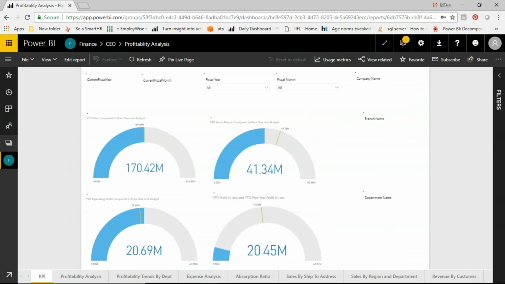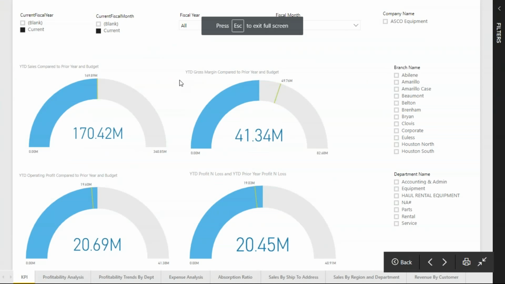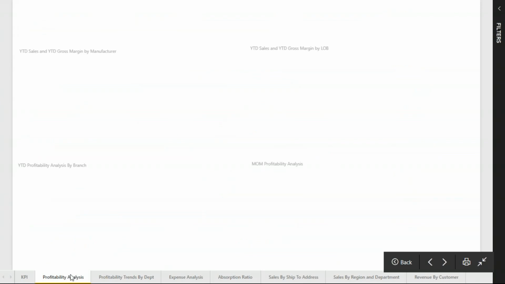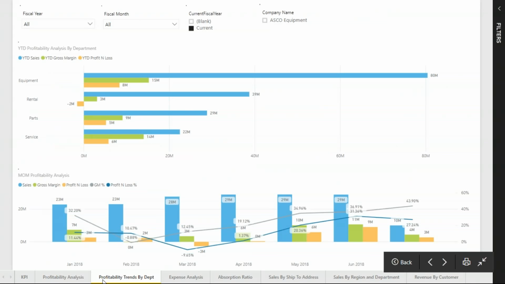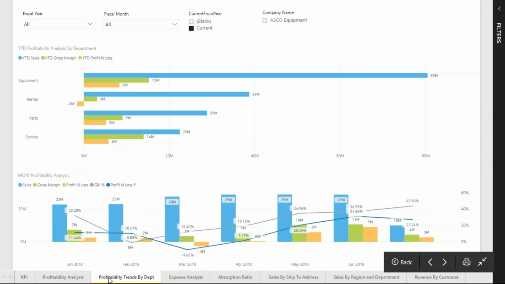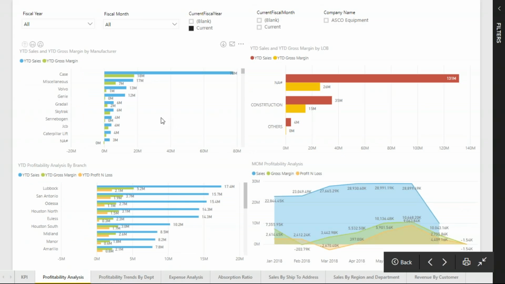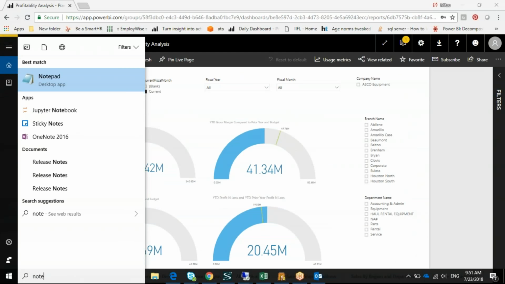When you tap on it, it actually takes you to what is called the report level. Now this is what a profitability report looks like, and this report has multiple tabs. Each of these tabs would pertain to profitability, of course, but would have different components. These tabs are called the pages of the report, and each page can have multiple components, or multiple visuals, as we call them. So to sum up, everything starts at the